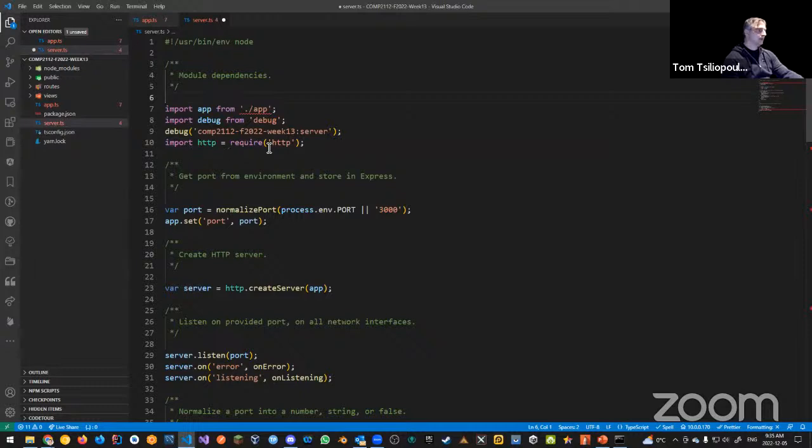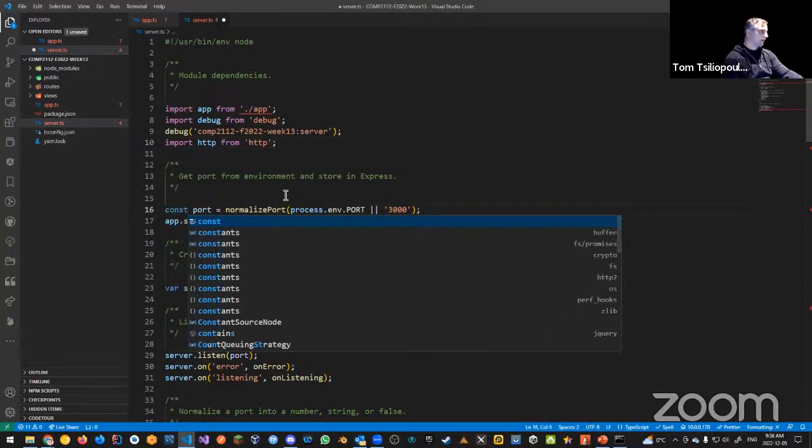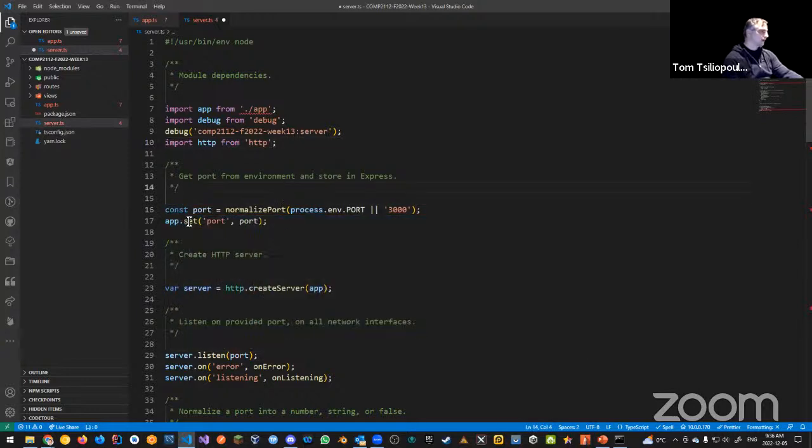Import http, we've seen this before, from http is what we're going to go there. That's just using Node with the HTTP server. We're going to change our vars to const because vars don't exist in our world. We're going to say const port, normalized port, which is a little function that we wrote there. process.env.PORT or 3000. We've seen that before. The app.set is the set function that we're going to use for port.